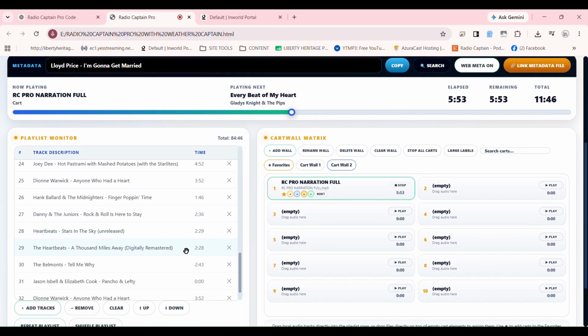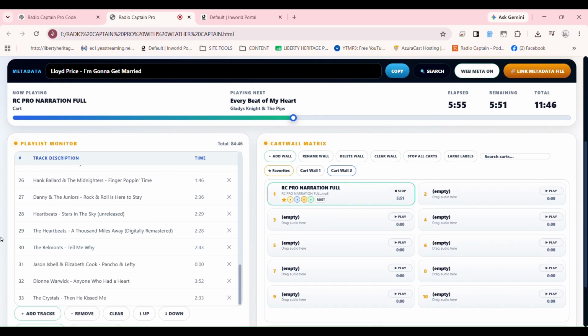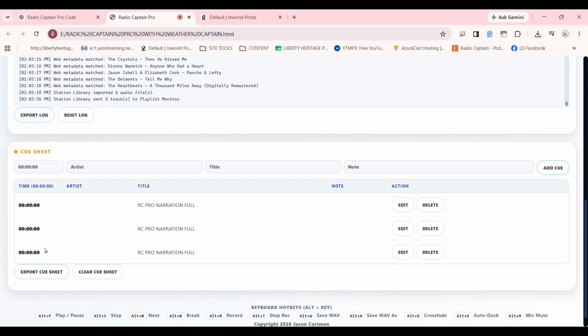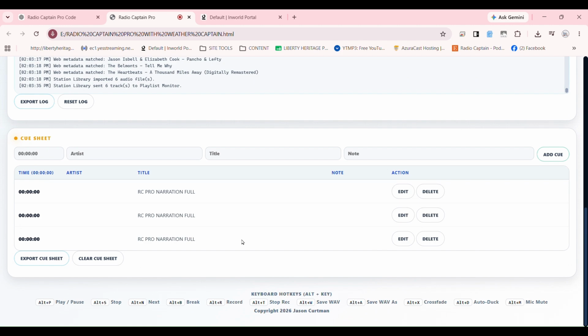The music management system is designed to keep station audio organized and accessible while reducing the time spent searching for files. Integrated into Radio Captain Pro is the cue sheet generator. The cue sheet generator automatically creates professional broadcast documentation based on playlist activity. Cue sheets are commonly used by radio stations, syndicated programs, podcasters, and content producers to track exactly what was played